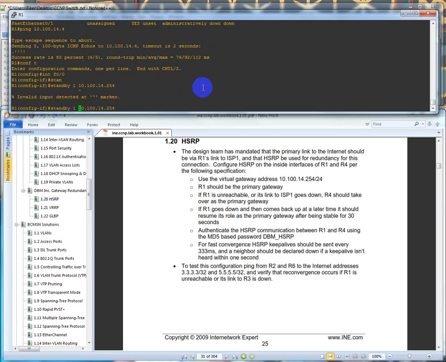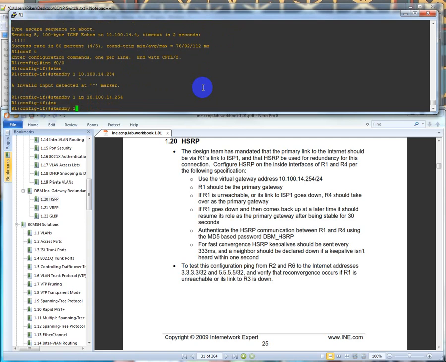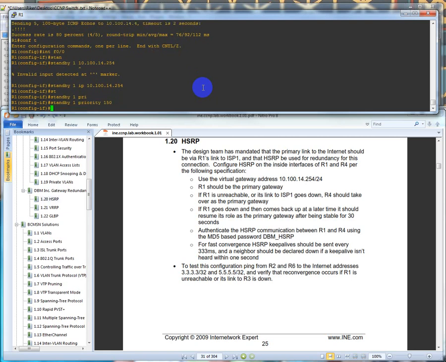Oh, standby 1 IP. So there's the IP. This guy should be the primary gateway, so we're going to put the standby. Everything starts with standby, the group number, and then what we want to set up. Priority is going to be 150. And then what we're going to do is type in,